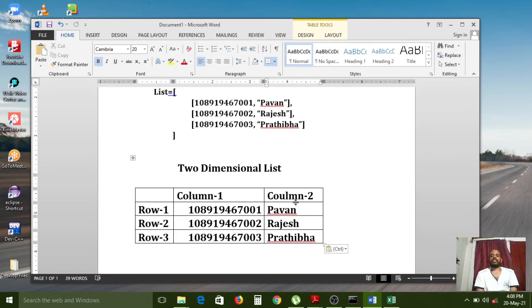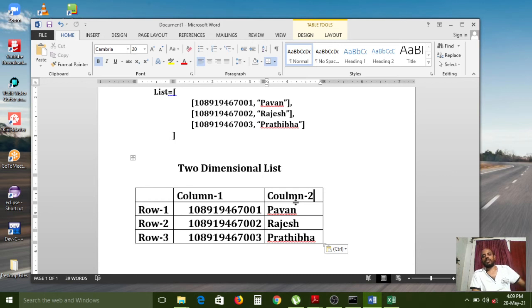But coming to list of items, it can store heterogeneous objects. Heterogeneous objects means it can store numbers as well as names as well as fraction point values, nothing but floating point values also. The combination of all those things we can store in that list of objects. All combinations we can store in the list. But coming to array, we can store only the same type of values. If you want to save hall ticket numbers, then an array can support it. That is the difference between list and array.